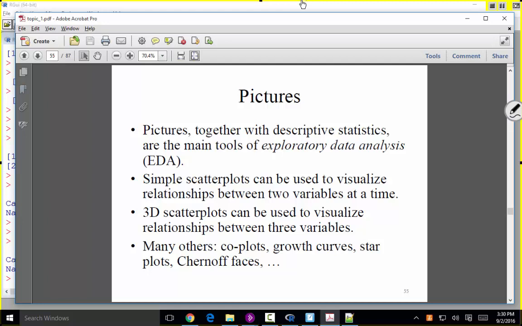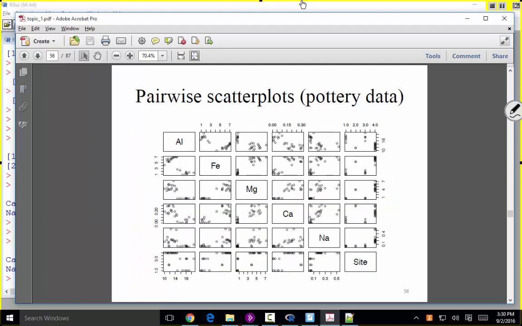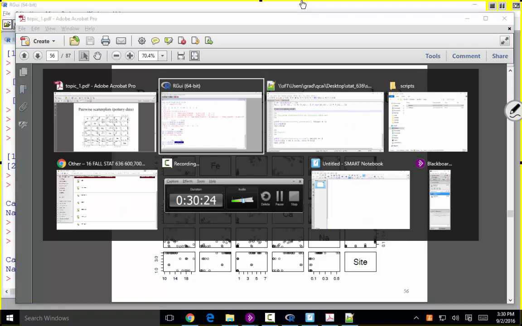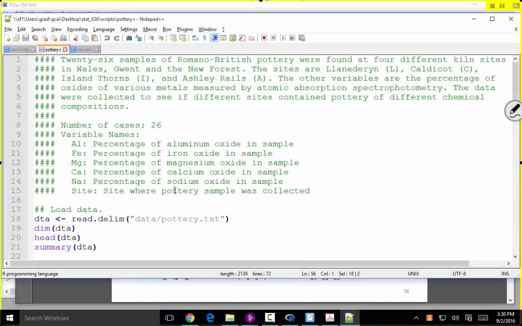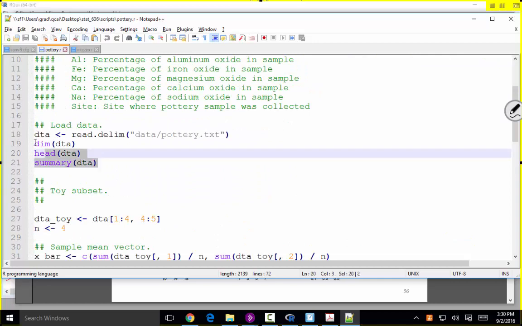Okay. Let's see a couple of pictures. We'll see several pictures throughout the semester for visualizing data, multivariate data in particular. So let's make our first picture with the Pottery data. A simple way to visualize your data, if you read in a data set, I recommend doing these things initially,